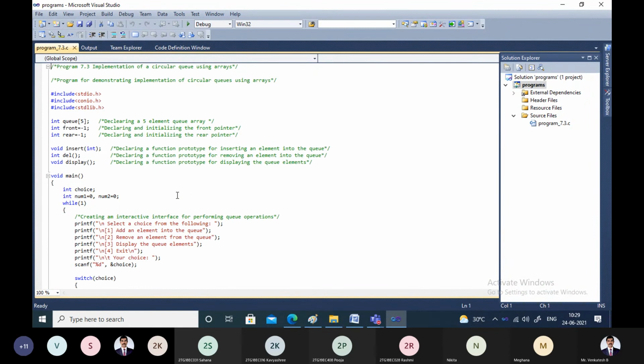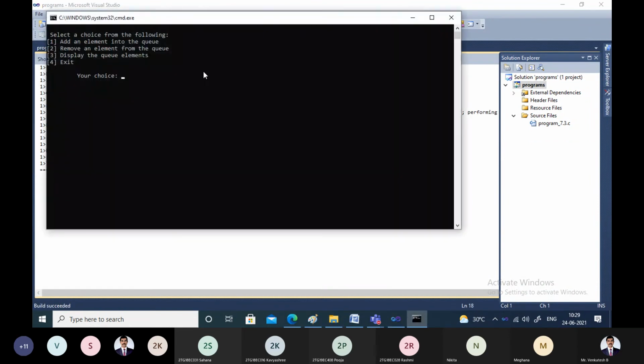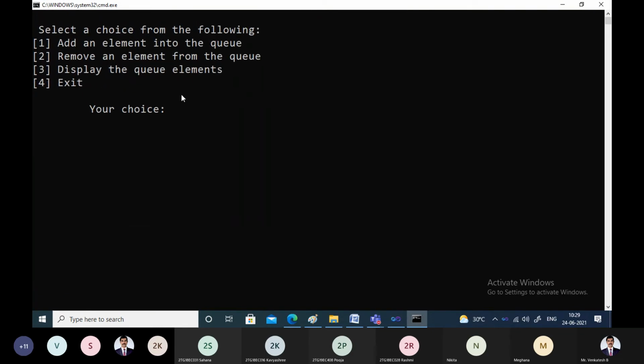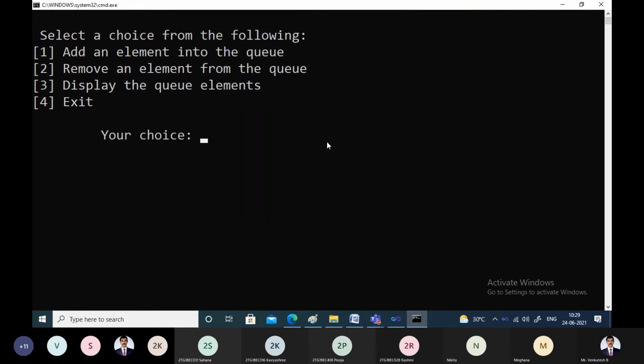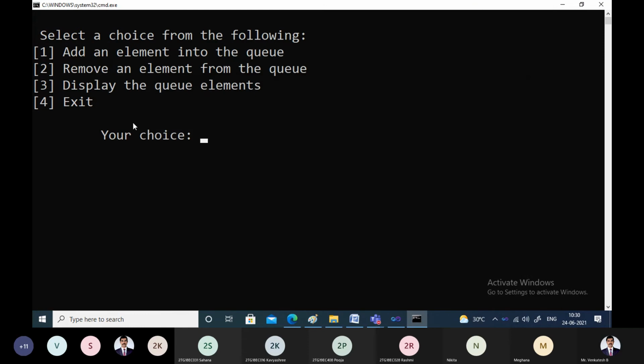Okay, just run the program. I'll take the same elements for completeness, whatever we have discussed till now. These are the different options which are getting displayed to the user.